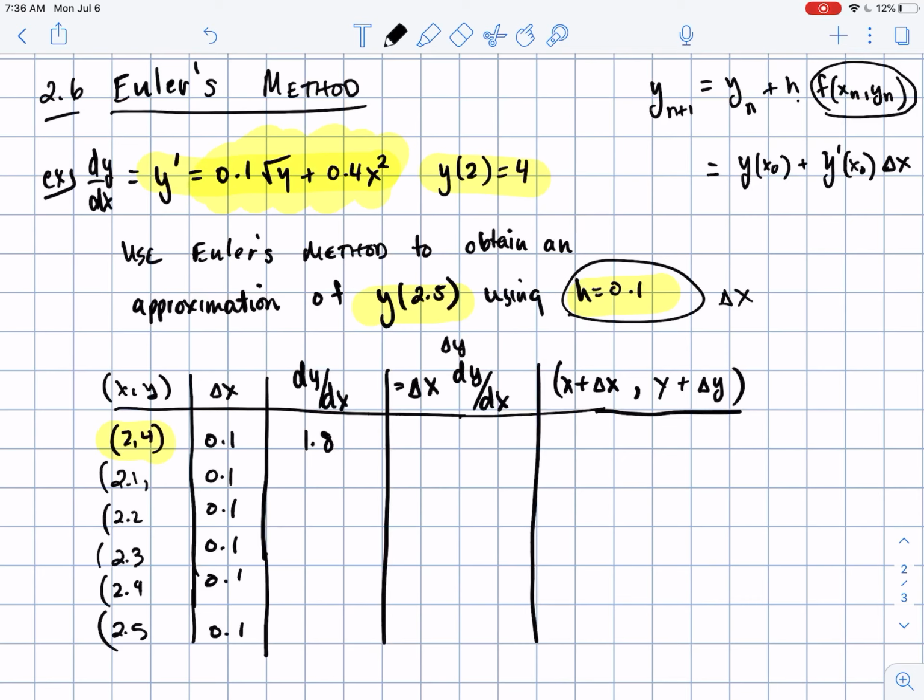All right, if I multiply the second and third column together, I'm going to get 0.18. And now you're just adding. So I get the 2.1, comma, 4